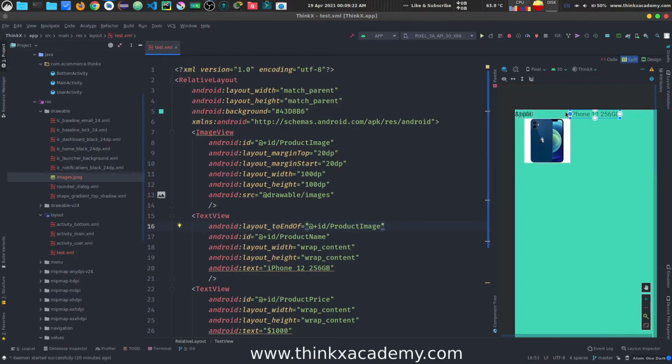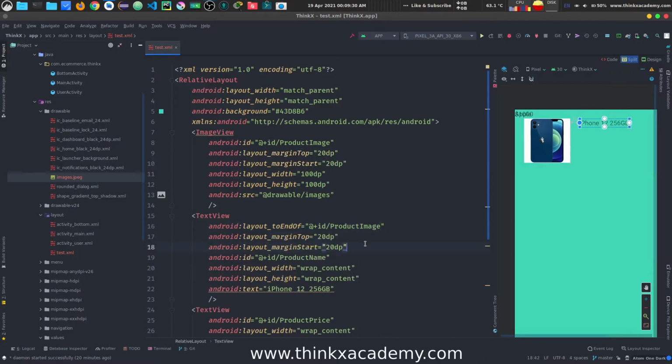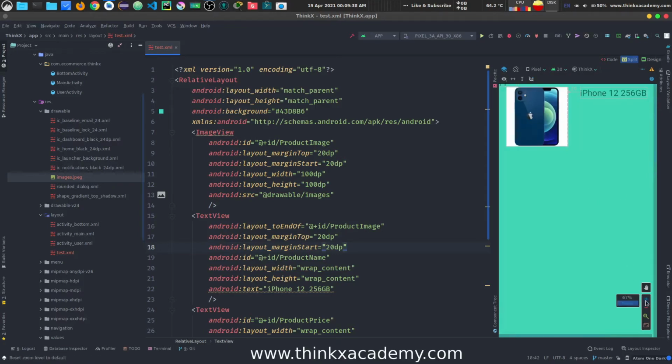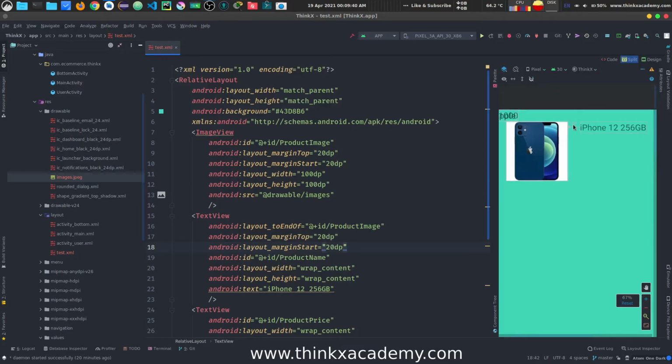Although it is upwards, we can set the margins also. So I'm going to copy these margins and assign them to this text view, right? Now you can see clearly that it is leaving some margin. If I zoom in, you can see here that it shows 20. It is light, but you can see that there is a 20 dp margin from the start.